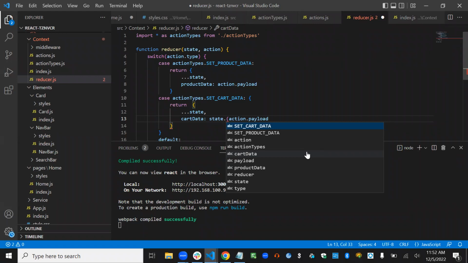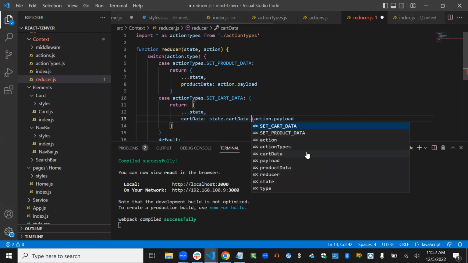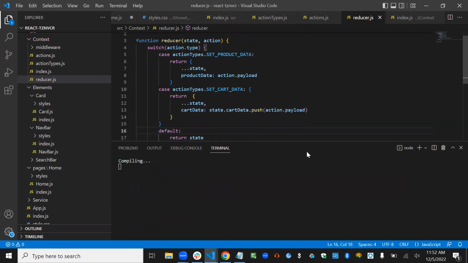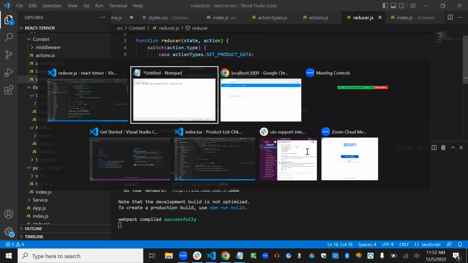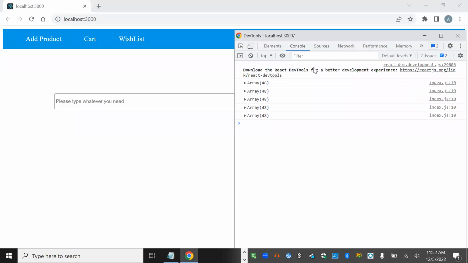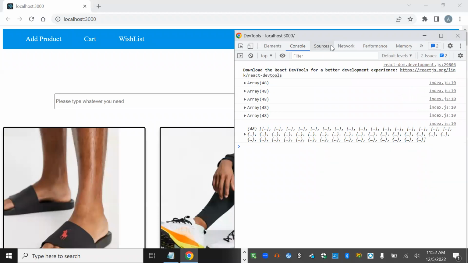State dot card data dot, push action dot payload. Okay, let's see if it works. Yeah,